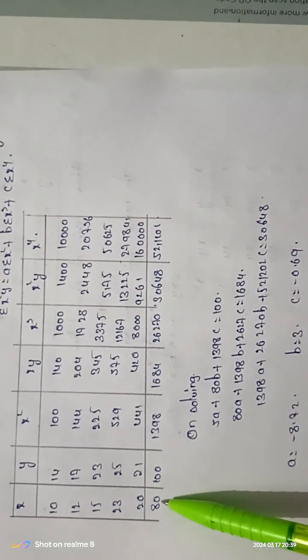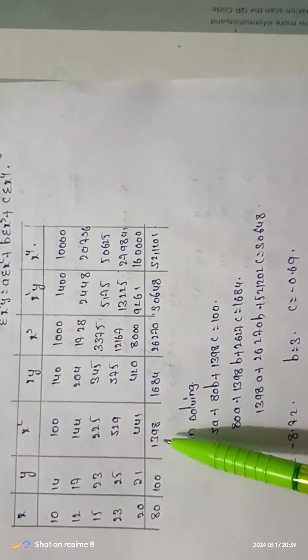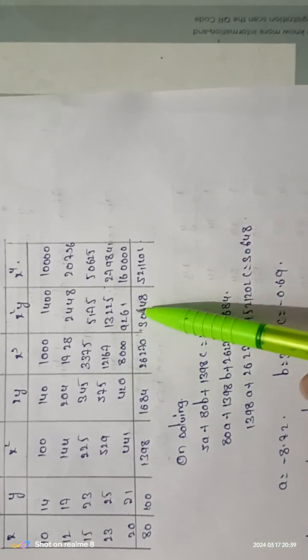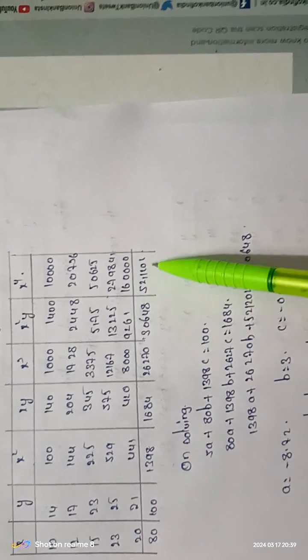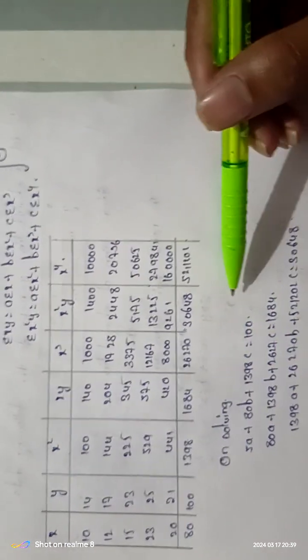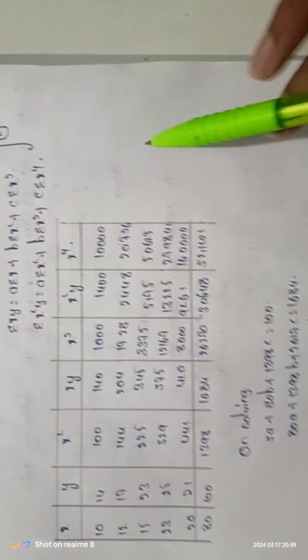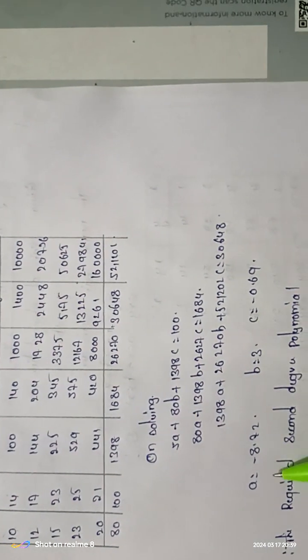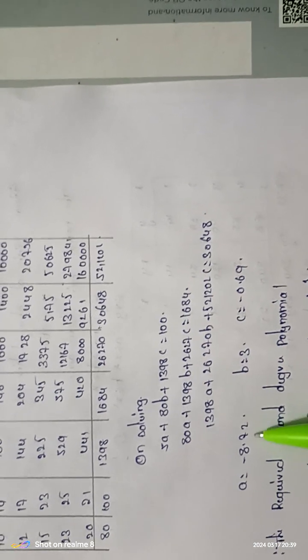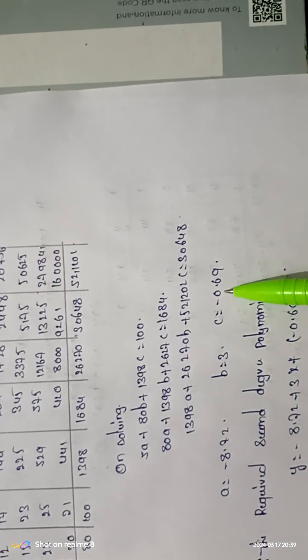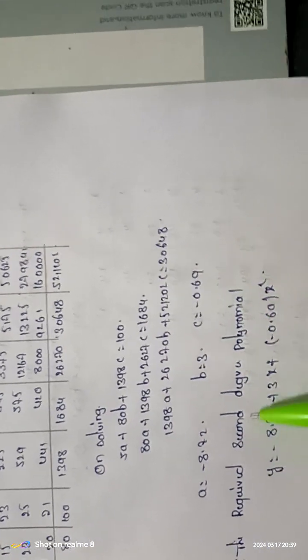The sigma x, sigma y, sigma x square, sigma xy, sigma x cube, sigma x square y, sigma x power 4 values. By substituting the values in the normal forms, here are the results: a equal to minus 8.72 and b equal to 3 and c equal to minus 6.9. The required second degree polynomial is